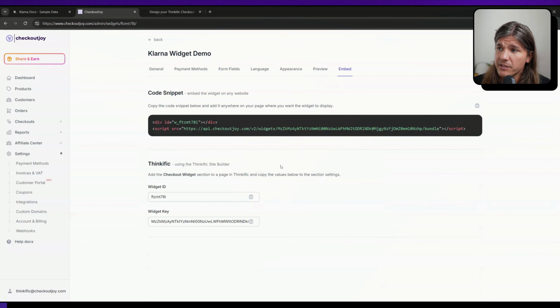The last tab here is your embed tab, and that gives you the instructions how to embed this into your website. So specifically for Thinkific websites, and if you're using our custom section in Thinkific that we're going to use now, you're going to look at this section here and you'll see there's just two values that you need to copy paste. All right. If you want to embed this widget on any other website, if you have a WordPress or anything else, you would just copy paste this code snippet, and wherever that is found on a website, the